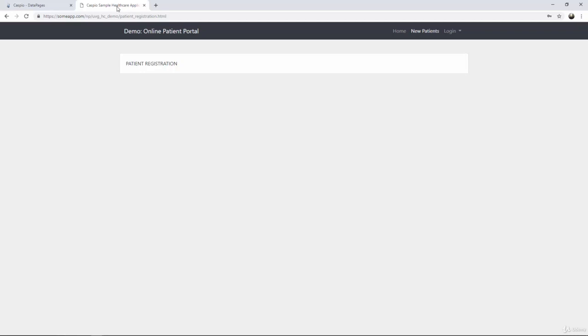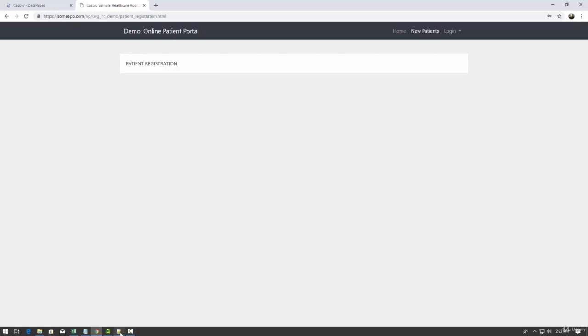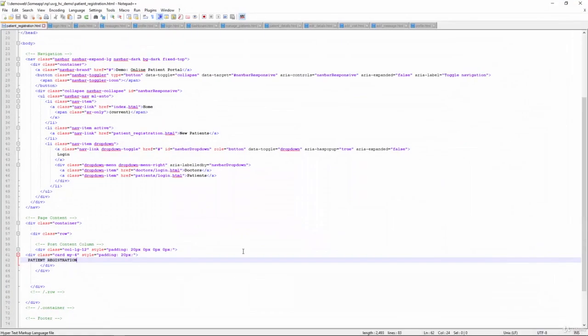Eventually, what I'll do is replace this text with the actual Caspio data page so that you can see that form seamlessly embed. And where do I plan on embedding my code? I'm actually going to use Notepad++ to edit my HTML files. These are all the web pages in my website, and I will be using each one of these tabs to embed the Caspio data page into. As you can see from this text, I have a very simple placeholder, and all I'm going to do is replace that text with the Caspio deploy code, publish my web page, and we should be able to see our